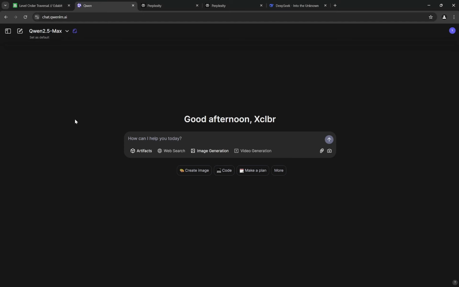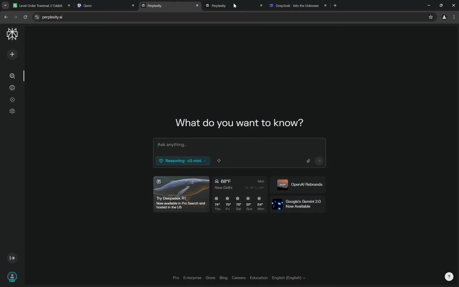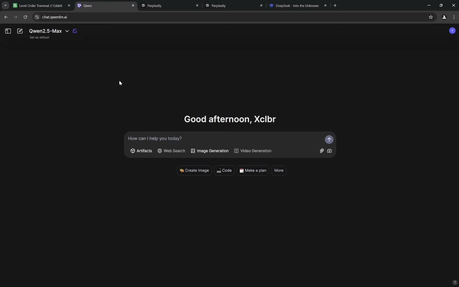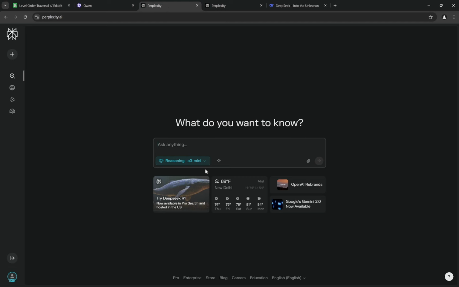This is going to be the ultimate coding battle between Qwen 2.5 Max, o3-mini and DeepSeek R1. Now the interesting part is all of them are actually free. You can use them for free. The only reason I am using Perplexity is because there are no limits for o3-mini, and for DeepSeek R1 you